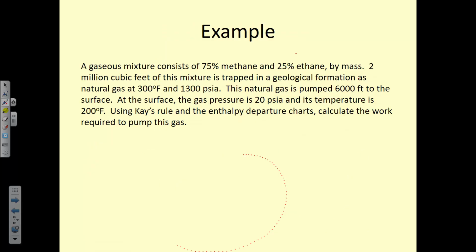So let's do an example of this, and this will be our last example for the day. It's another big, long two-page one, but we'll do it. This time we only have two gases. It's 75% methane and 25% ethane by mass. Notice that they give it not by volume, it's by mass. So that means this time, instead of assuming 100 kilomoles, we'll say we have 100 kilograms of it, 75 kilograms of methane, and 25 kilograms of ethane. If it's by mass, you have to assume 100 kilograms. If it's said by volume, then you could assume 100 kilomoles.